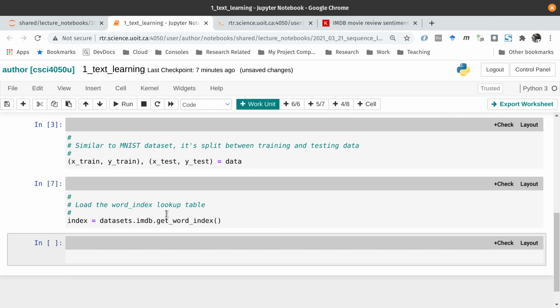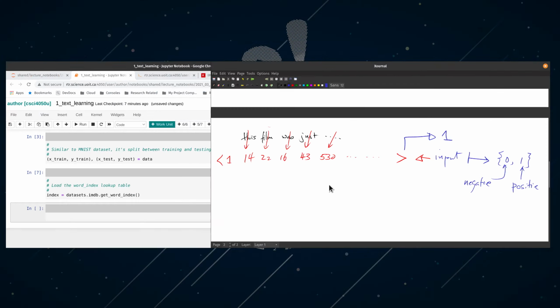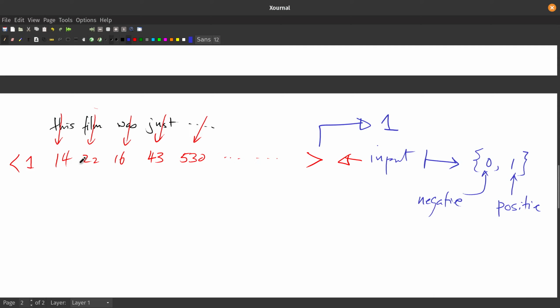Now, you might be tempted to just have these ordinal numbers be used in the lookup table. So this word index is a dictionary that has the word as the key, and then the integer ordinal number as the value. Okay,